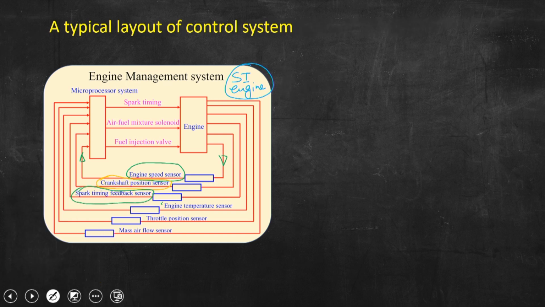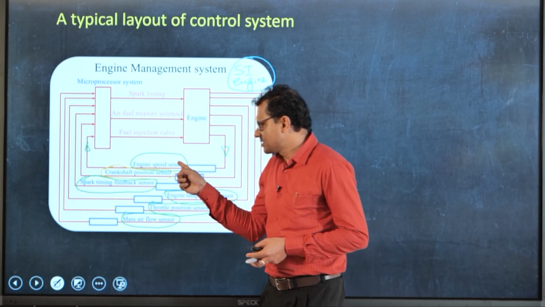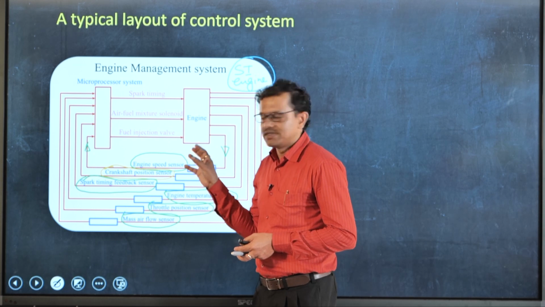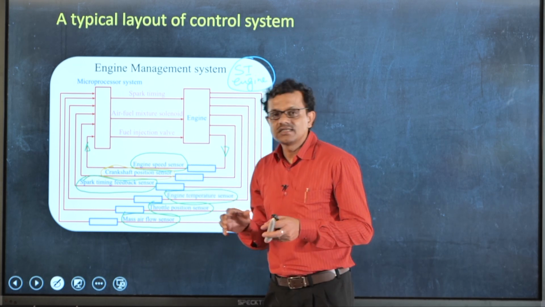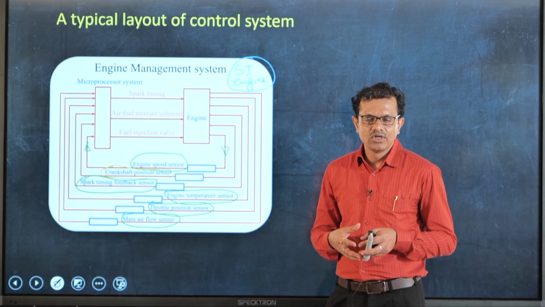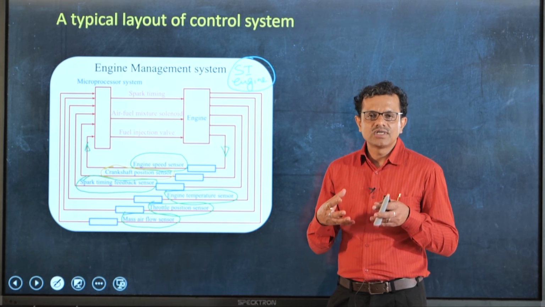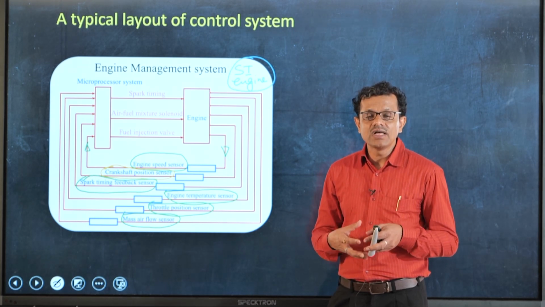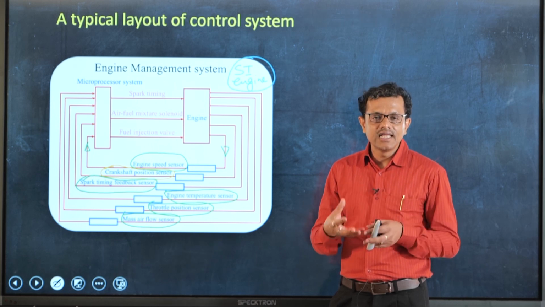We have engine temperature sensor, throttle position sensor, and mass airflow sensor. So, all these sensors are needed. This engine speed sensor is responsible for measuring the speed of the engine. Crankshaft position sensor is very important for the fuel injection and ignition system control, to know about the total time of fuel injection, and the ignition delay or ignition lag of